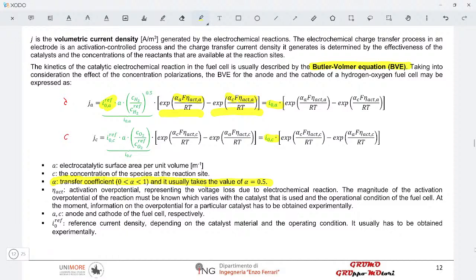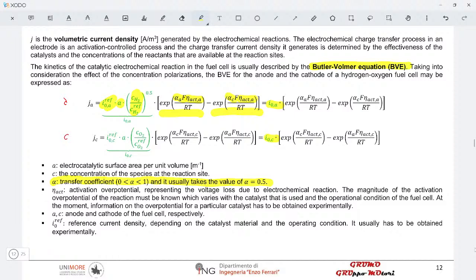Okay, then you might have a coefficient, which is also called electrochemical surface area per unit volume. So how much surface, how many square meters or square centimeters do you have as a rough surface available per unit volume of your catalyst, of your electrode. Then you have the ratio of two concentrations,